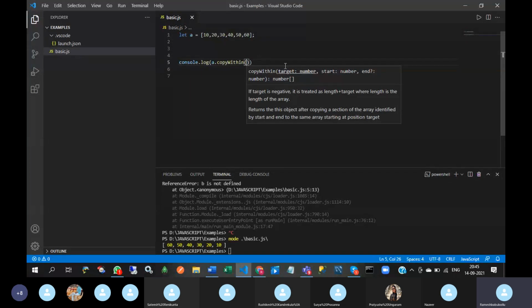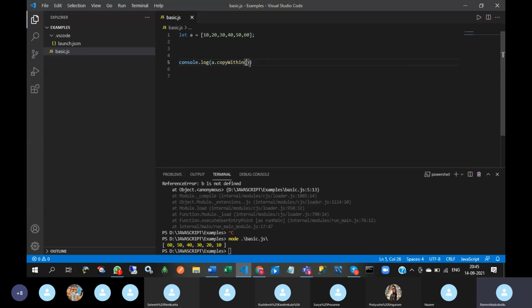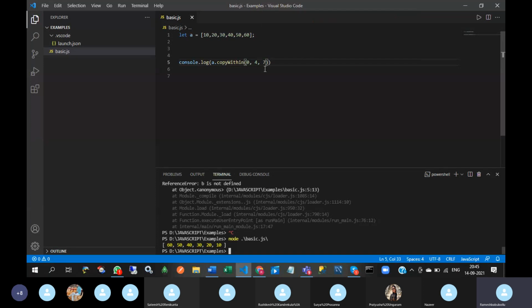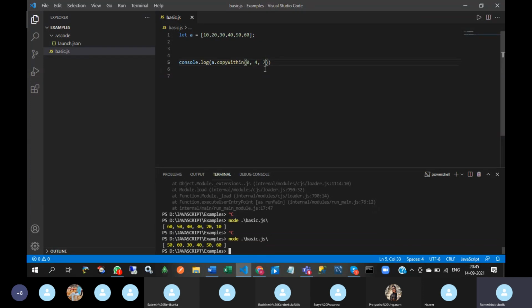That means the parameters are target, start, and end. 0, 4, 7. See, here 4 to 7, what are the values? So 0, 1, 2, 3, 4, 5, 6. Not 6 only, there is 5.